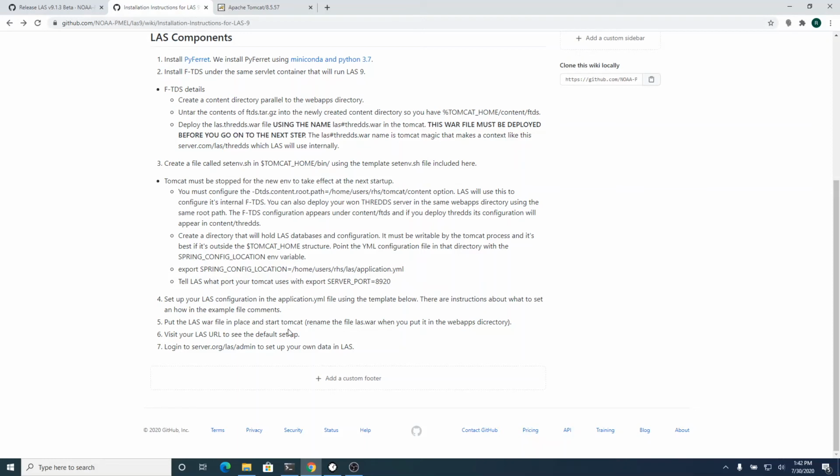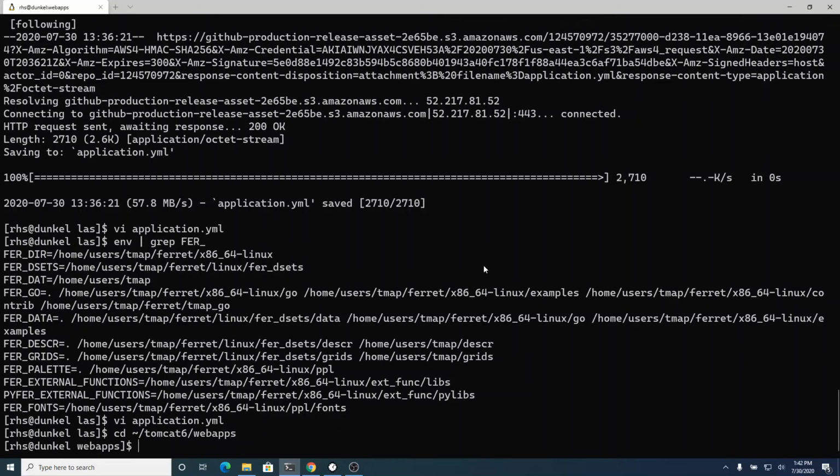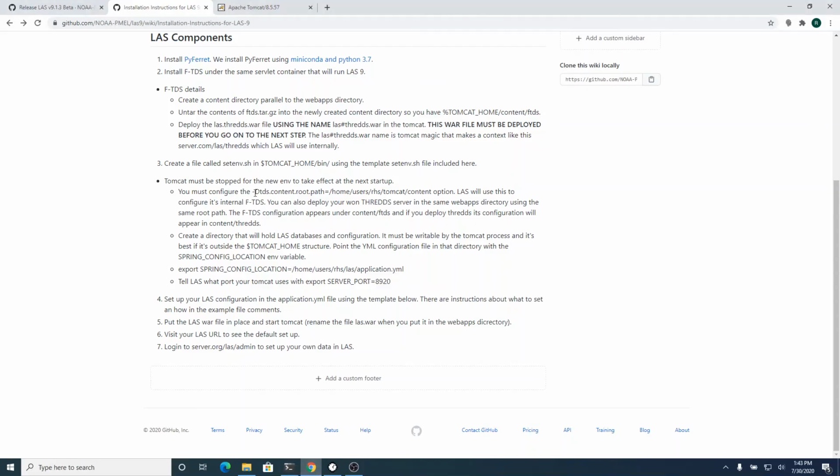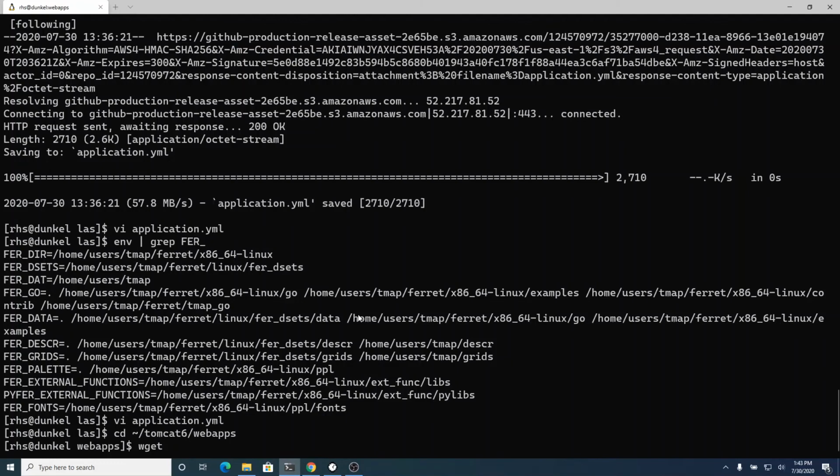Now, in theory, we can put our LAS WAR file in place and then start up. So this is the asset that is the actual LAS application.